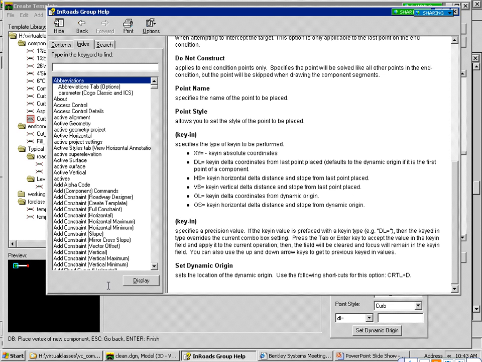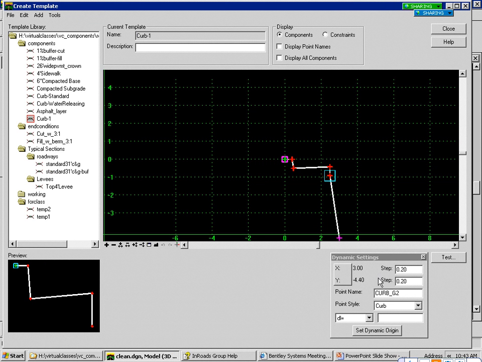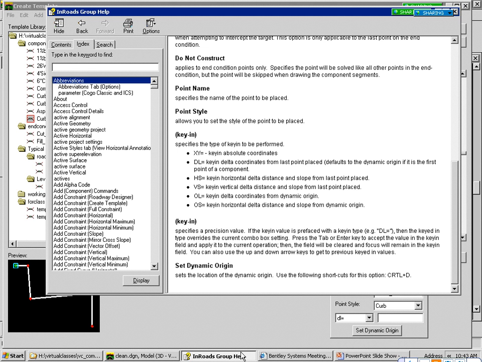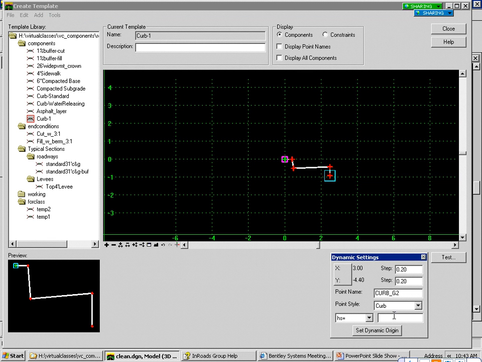Okay? So let me reactivate over here. And I'm going to come over here and see, I already forgot what that was. That was the HS. So I'm going to flip this guy to HS, and I'm going to say minus 2.5. That's my distance. And I want to come at a minus 2% slope. Okay? So if I hit enter,